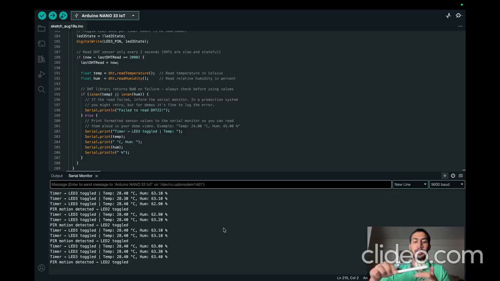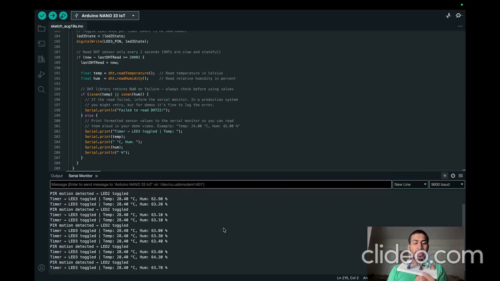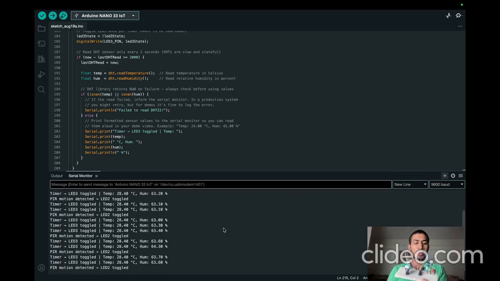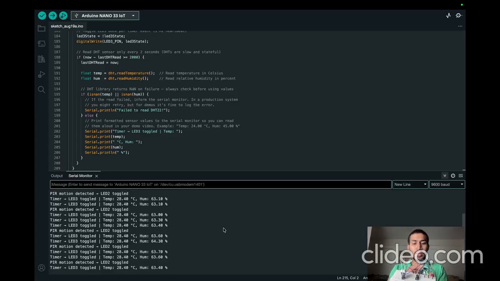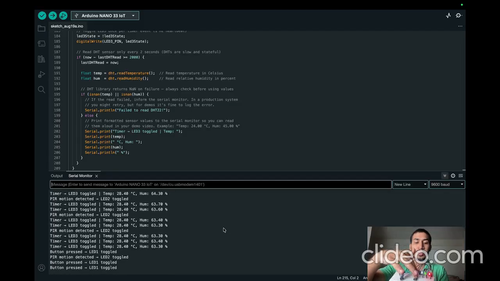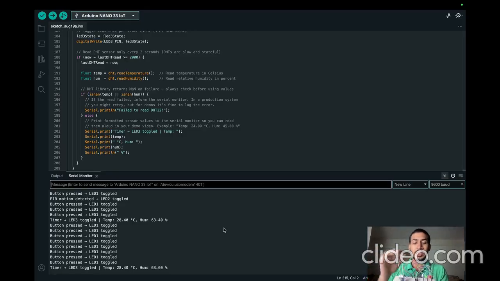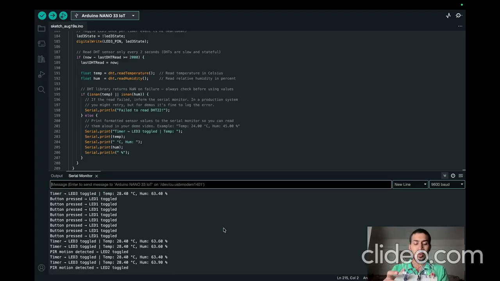So you can see here, this is my motion sensor. Whenever it detects motion, the LED will glow up, you can see here. And whenever it detects again, you can see the LED has been switched off. I can handle the LED with the button also. So you can see we are handling the LED with the button. Here LED 3 is glowing continuously, which is due to the temperature of this sensor. You can see here,